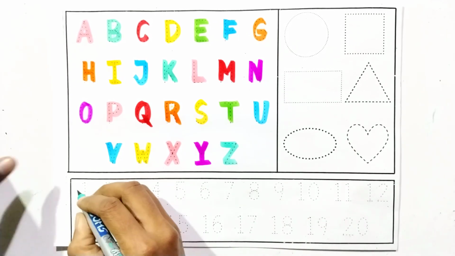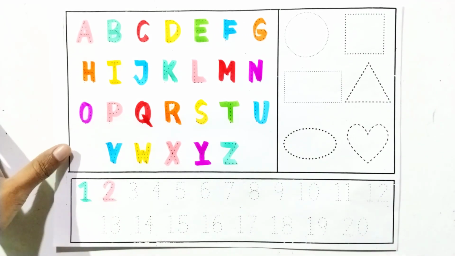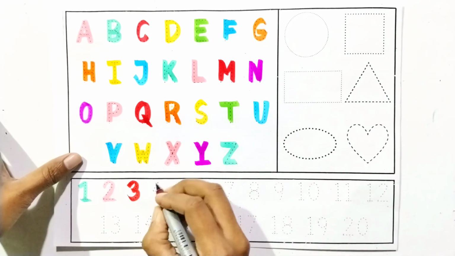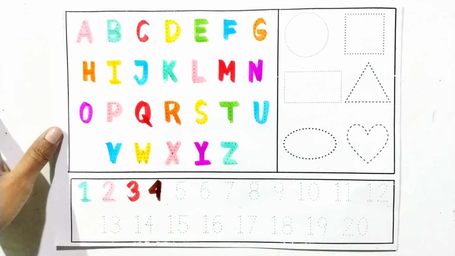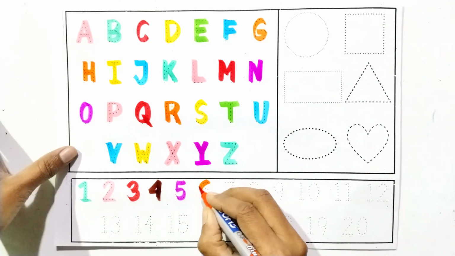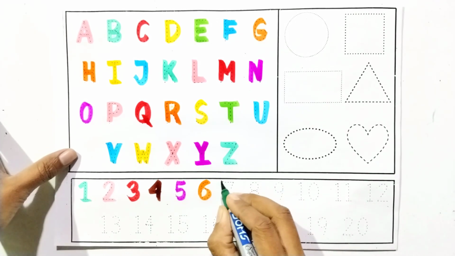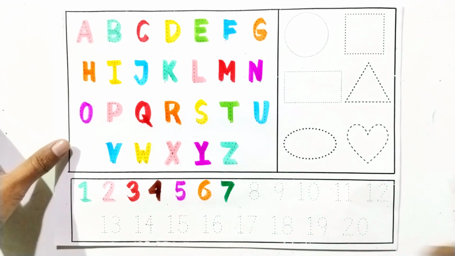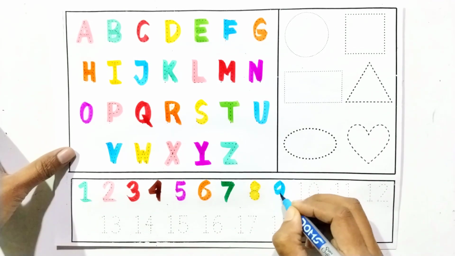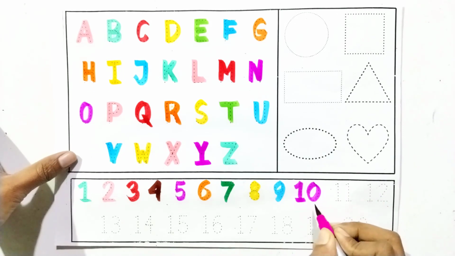Count with me. 1, 2, 3, 4, 5, 6, 7, 8, 9, 1 and 0, 10,